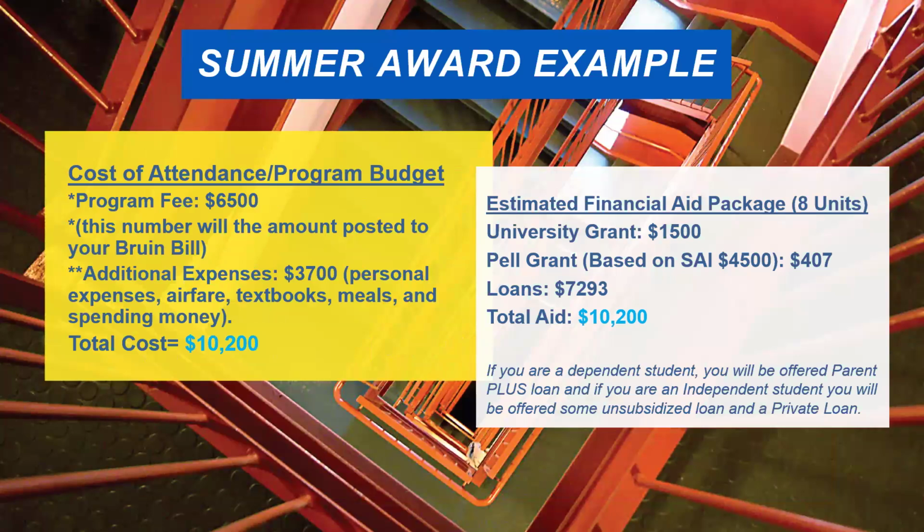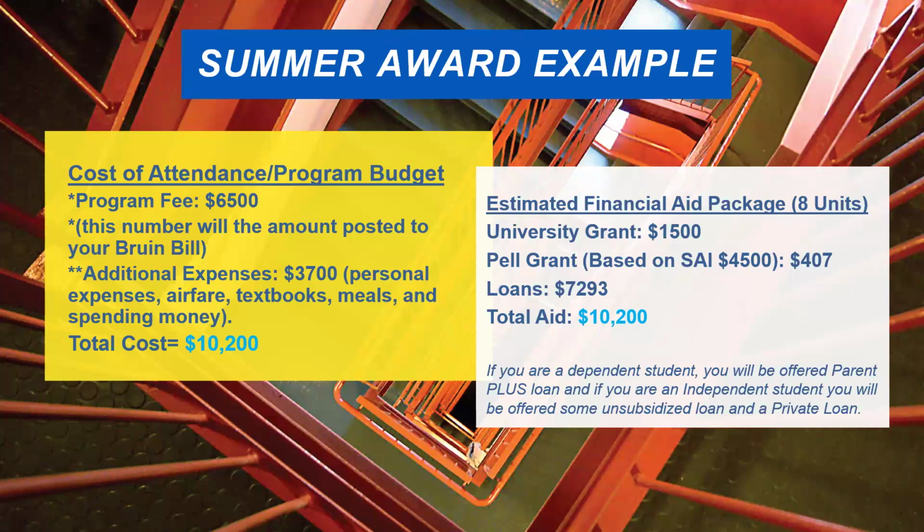Alrighty, and for this slide, we're just going to break down the summer award examples. So the cost of attendance or the program budget, the program fee is going to be $6,500. And this is the amount that will be posted to your Bruin bill. The additional expenses incurred are going to be $3,700 for personal expenses, airfare, books, meals, and spending money. So these are indirect fees that you may incur, which brings you to the total of